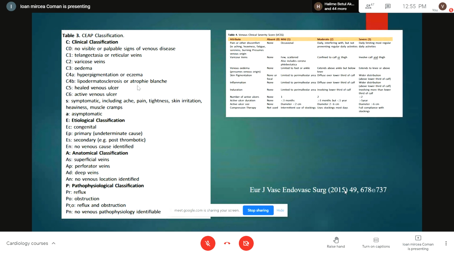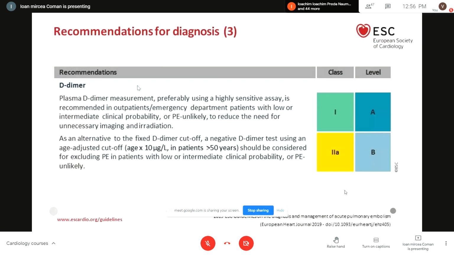These are some data on classification of venous disease, but I think you had spoken about it earlier. Now, what we should remember is we have a couple of diagnostic tools, and the guidelines are telling us something about the D-dimer measurements. Now, D-dimers are present also in other conditions,